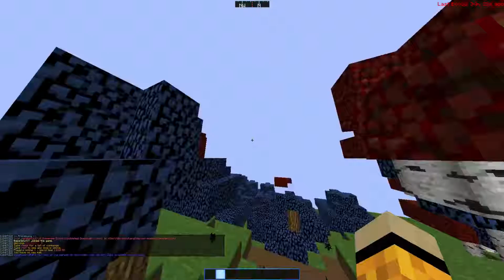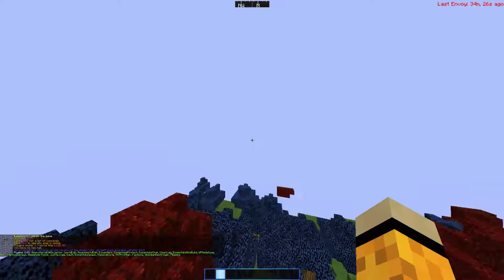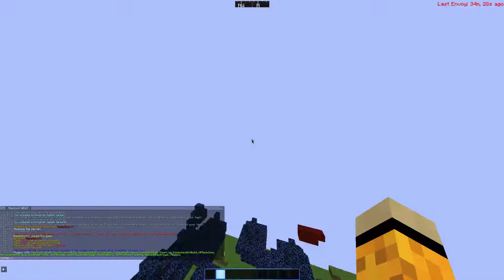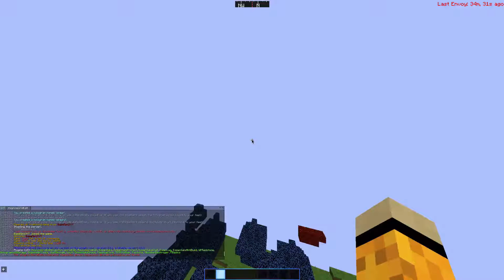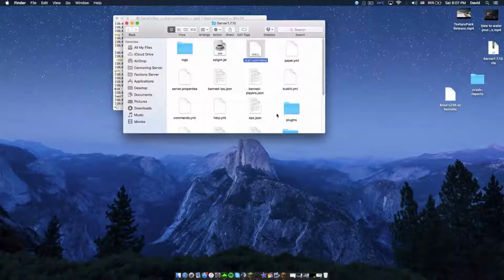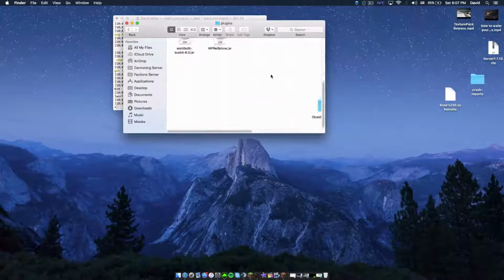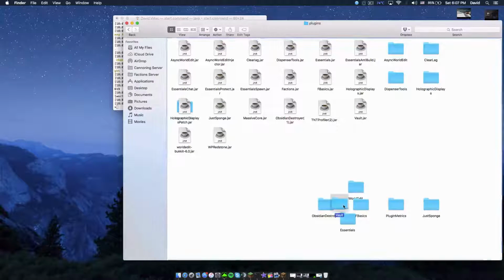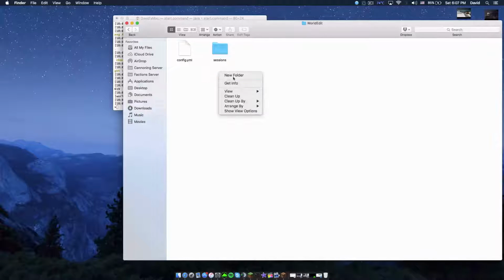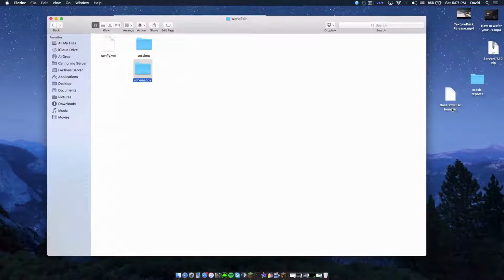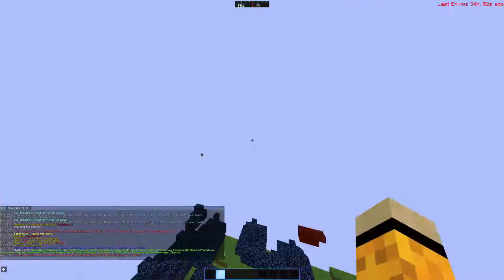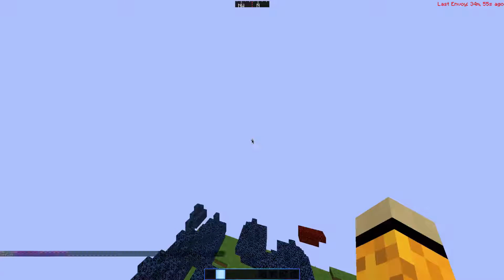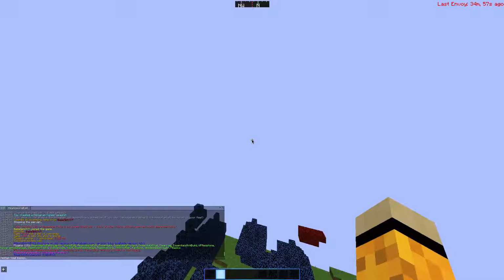Minecraft here with load, perfect, and everything looks good, right? PL, everything's good. So we're gonna do schem list. We don't have a schematics folder, so what you're gonna do, you're gonna go back here, you're gonna go into your plugins folder. Let's just make this a bit wider so we can see everything. I have no idea why it spawned down here. Open that, you're gonna make a folder, schematics, okay, and then you're gonna take the base split YTs 230, drag it in there. Perfect. Go in here, slash schem list, schem load bases 230,